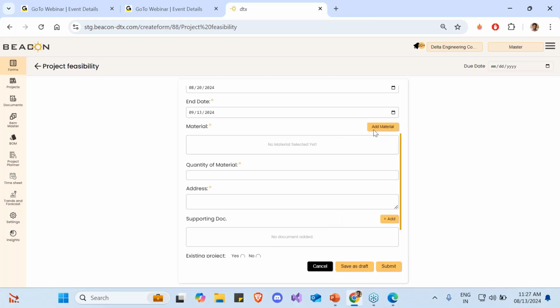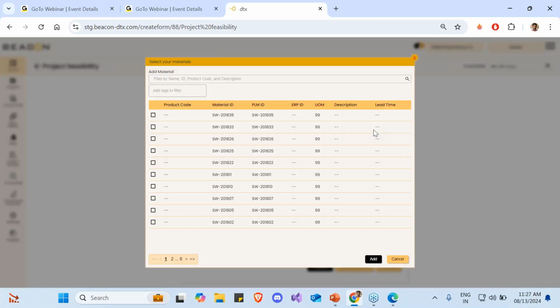Now here I can define what the project is, like what will be built or what will be done in this project. So you can see here I have this whole list of materials. Now this material list is coming from my item master. So we'll go back to the item master and I'll just give you a brief about what that is in a while as we go forward one by one.